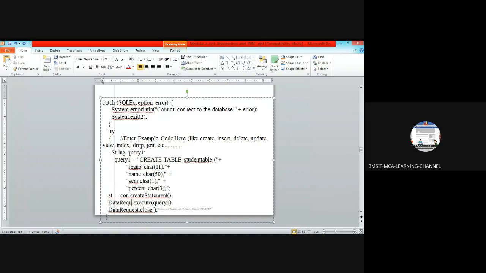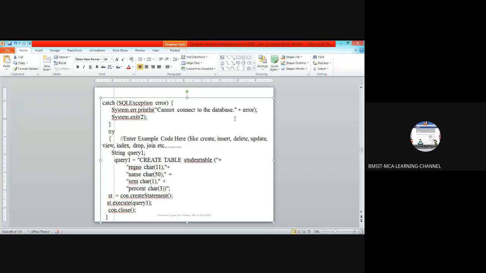You are invoking st, like putting adhesive and connecting your pipe. Similar to that, statement.execute(query 1). This query 1 is going to be executed and it is going to create the table. Finally, after execution of the statement, you need to close the connection.